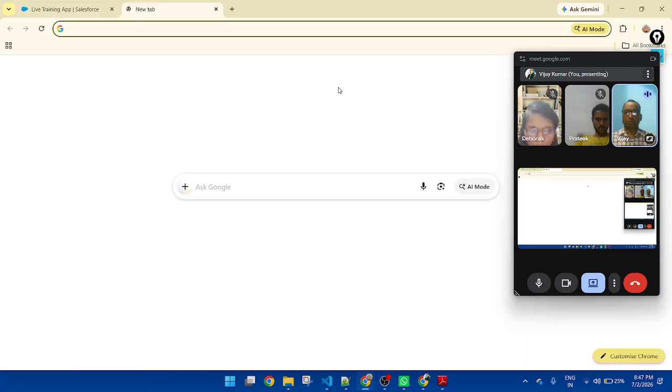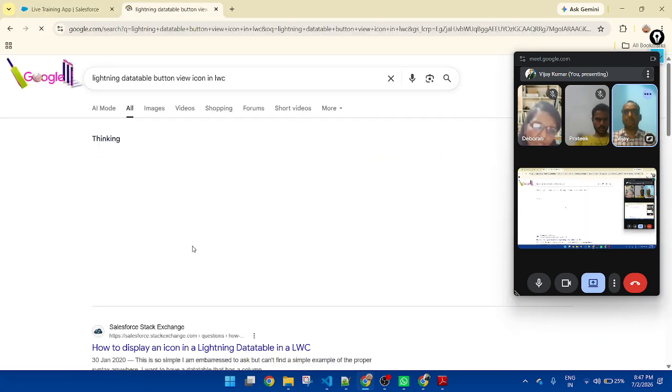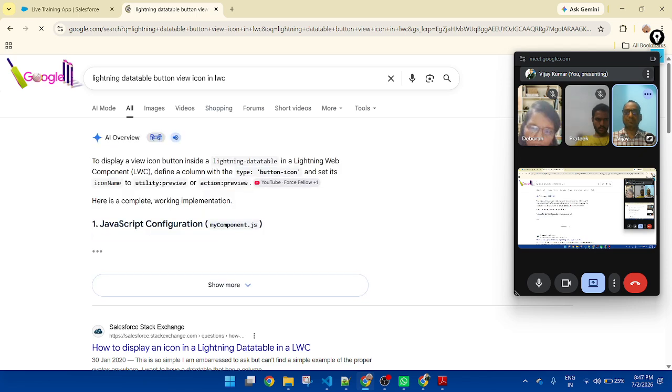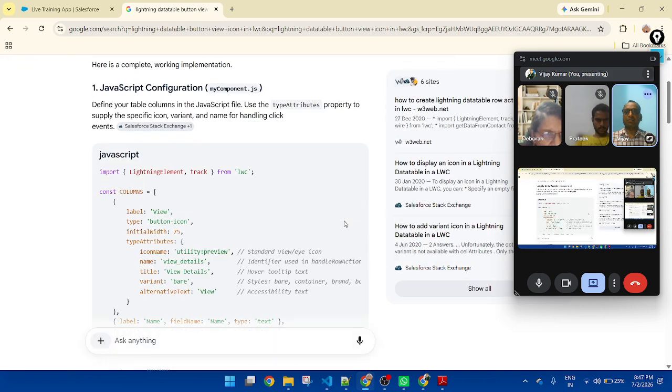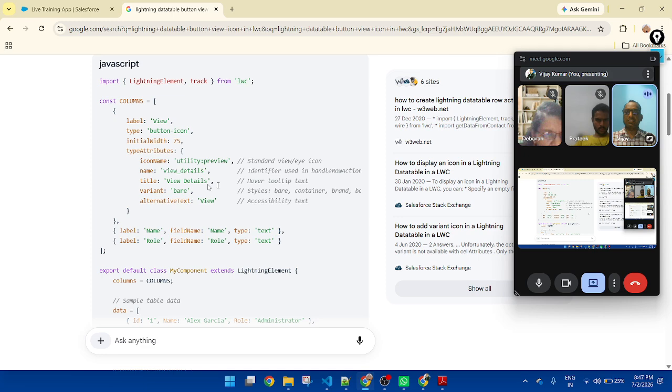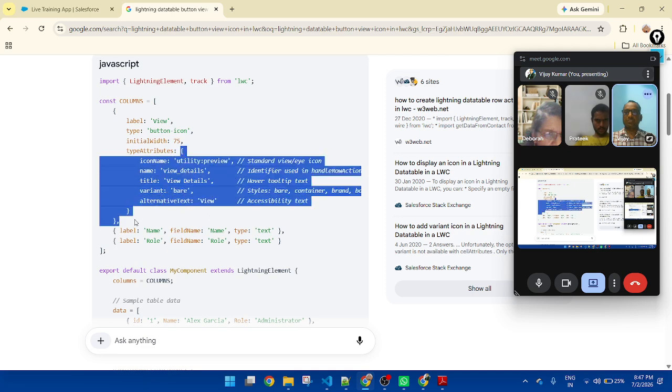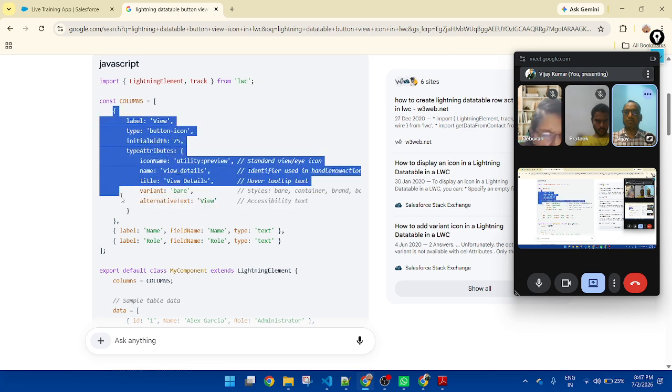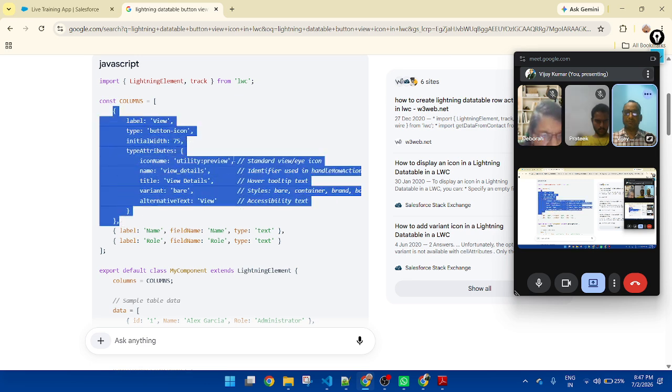So if you go to Google and search here, lightning button view icon, you can see here this is your object and this is another one. So from here to here, copy.